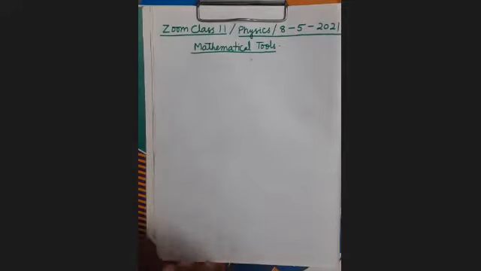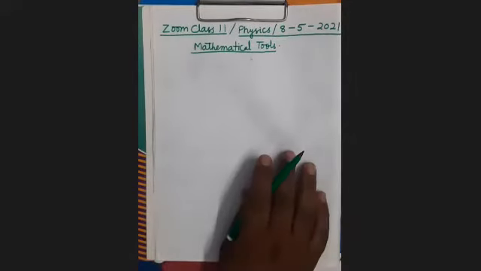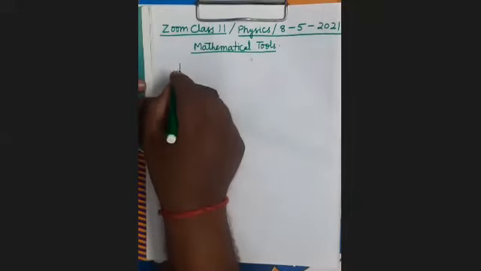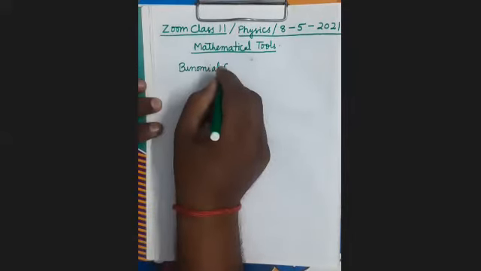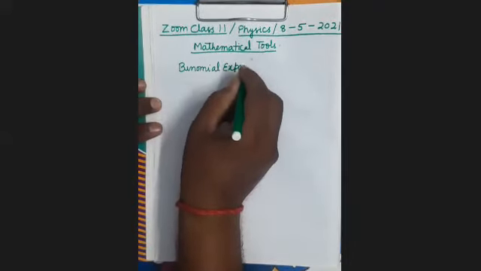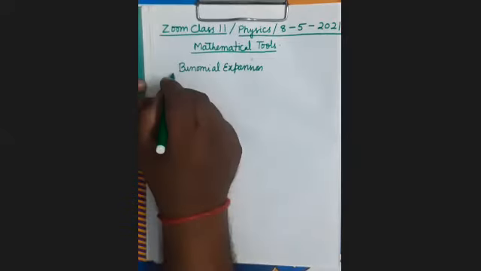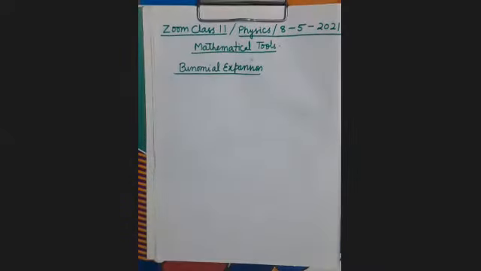So see here. Now you see binomial expansion. Yesterday I told you something about the binomial expansion. Binomial expansion के बारे में कुछ हमने बताया था पिछले क्लास में. So I will proceed from there only. So see here, what does binomial expansion mean?